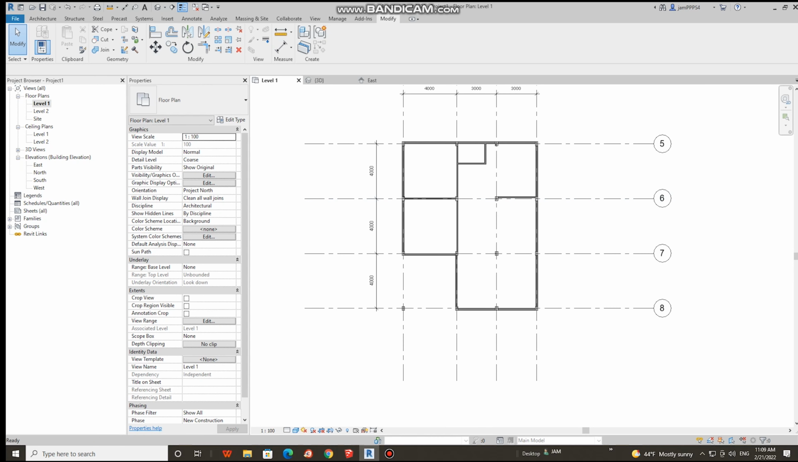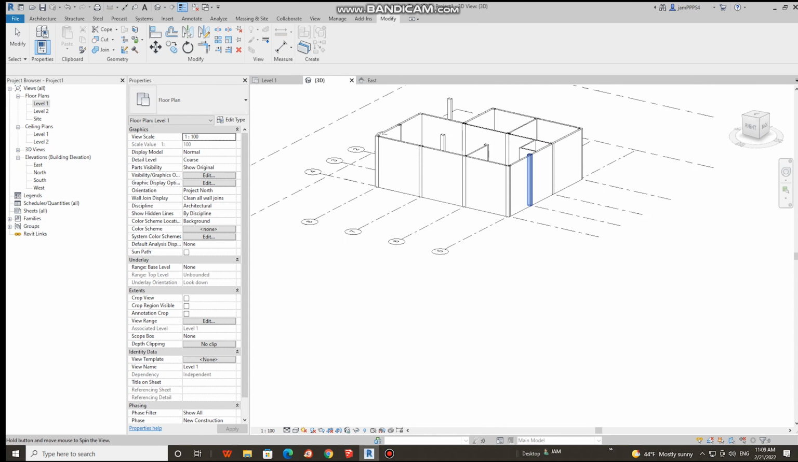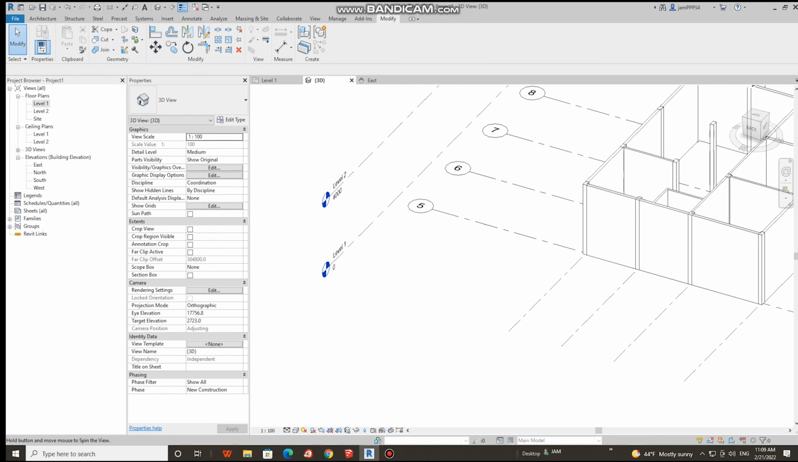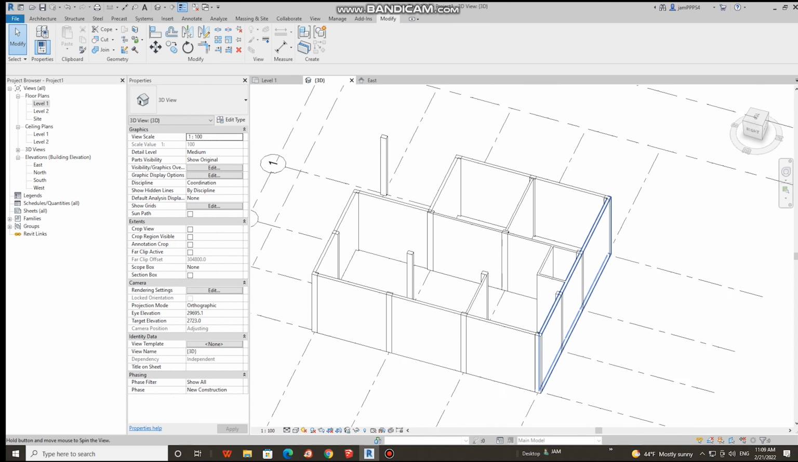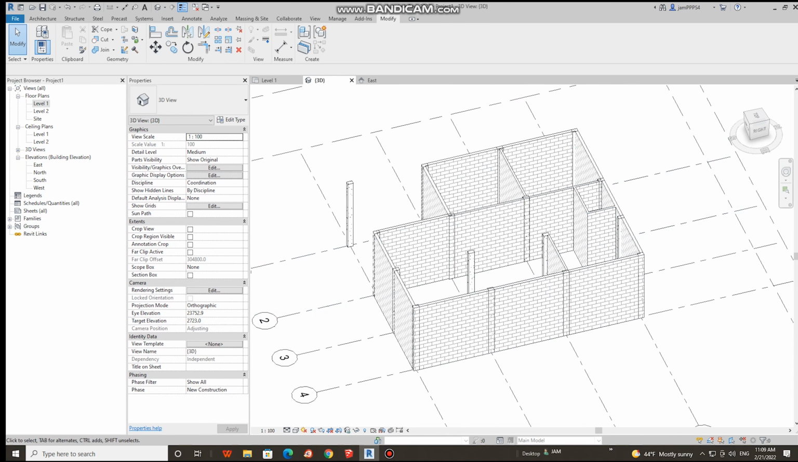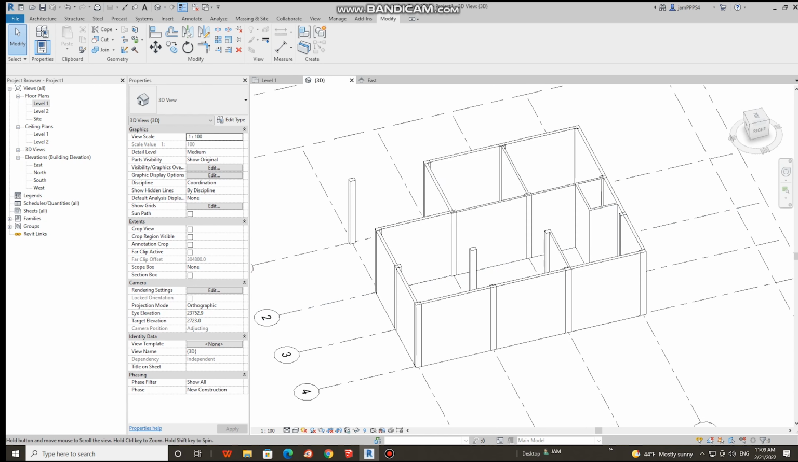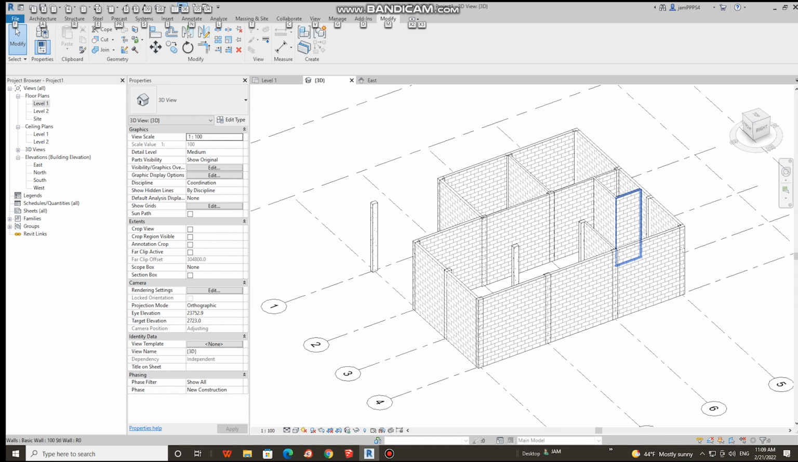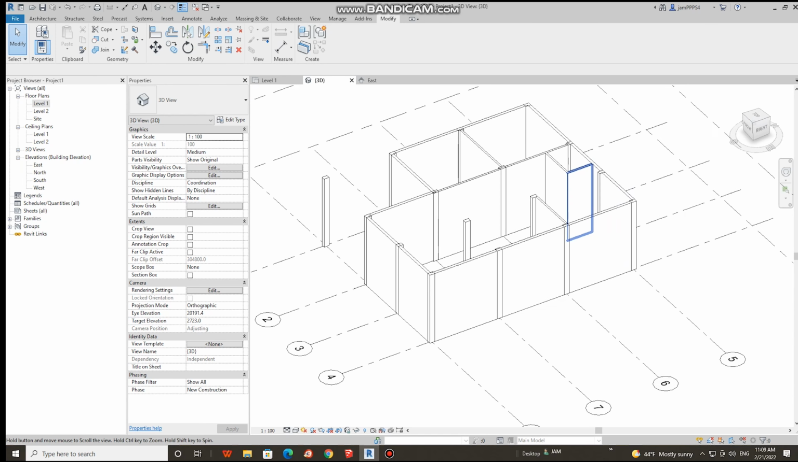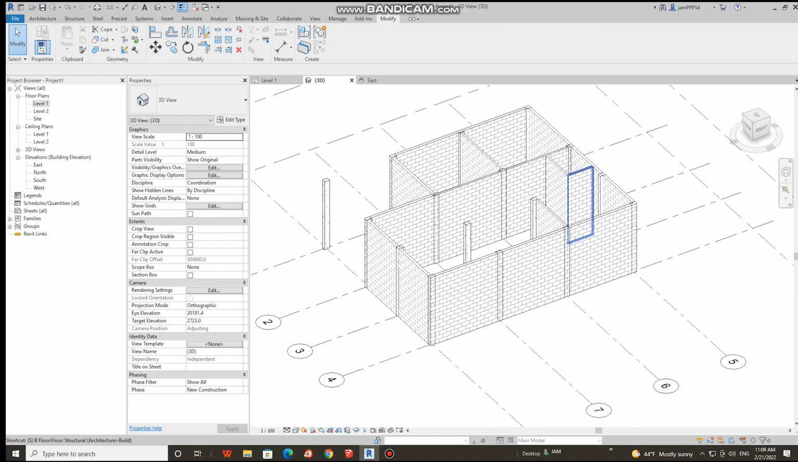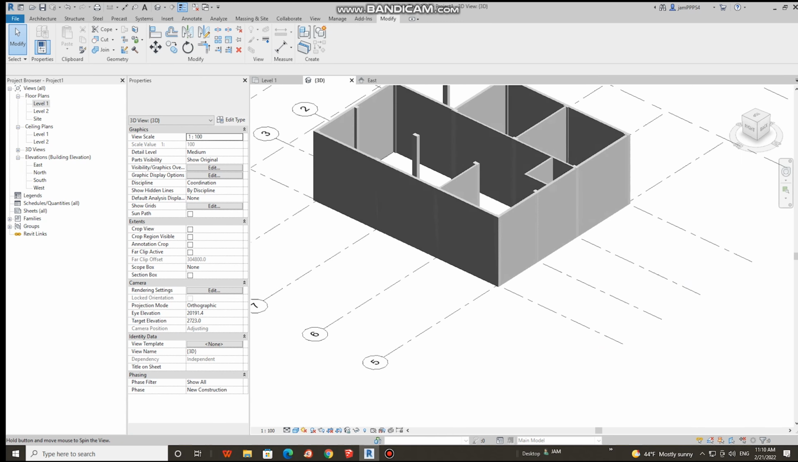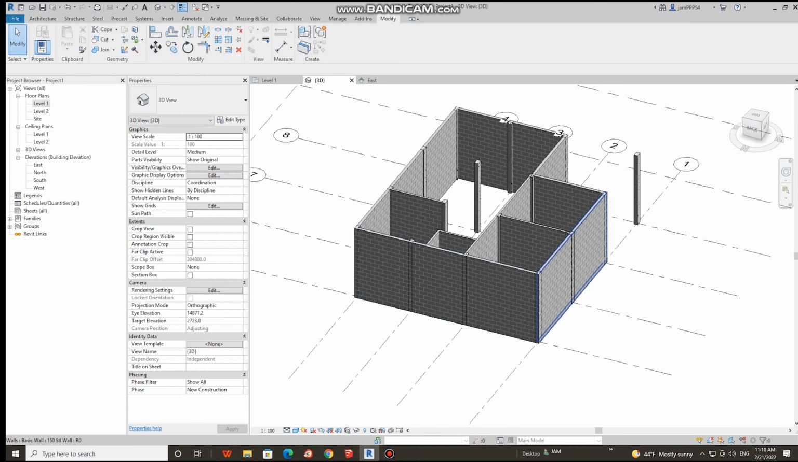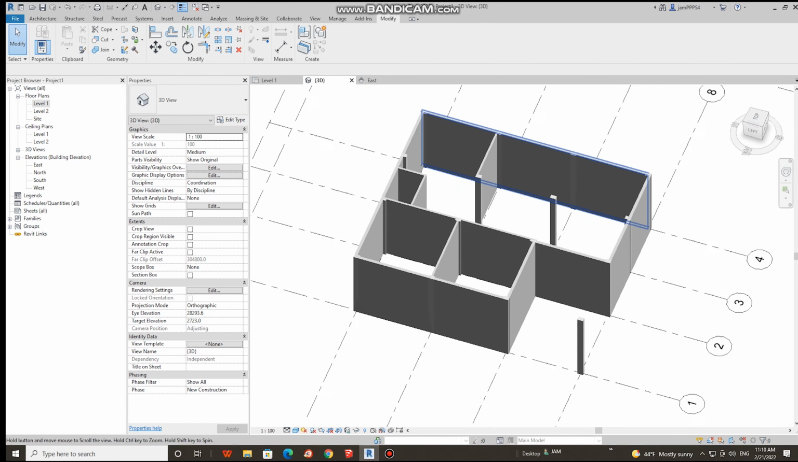All right, so if we go to the 3D view, you can see that we already have concrete masonry units in 3D. And please keep in mind that this is only a partition for structural walls. So if you type SD to make it shaded, to have a better view on how it looks. Okay,